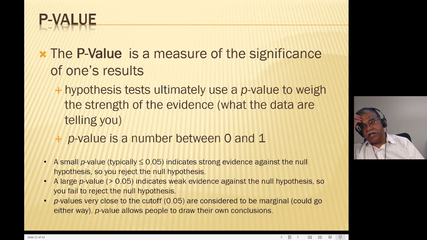Okay, so now let's take a look at it again. A p-value less than 0.05 indicates strong evidence against the null hypothesis, right? Now the p-value becomes a lot more important when you consider it against the backdrop of the null hypothesis. It is a measure relating to the null hypothesis. Remember, the premise is always the null hypothesis default, and if the p-value is high, we're edging towards the null hypothesis.